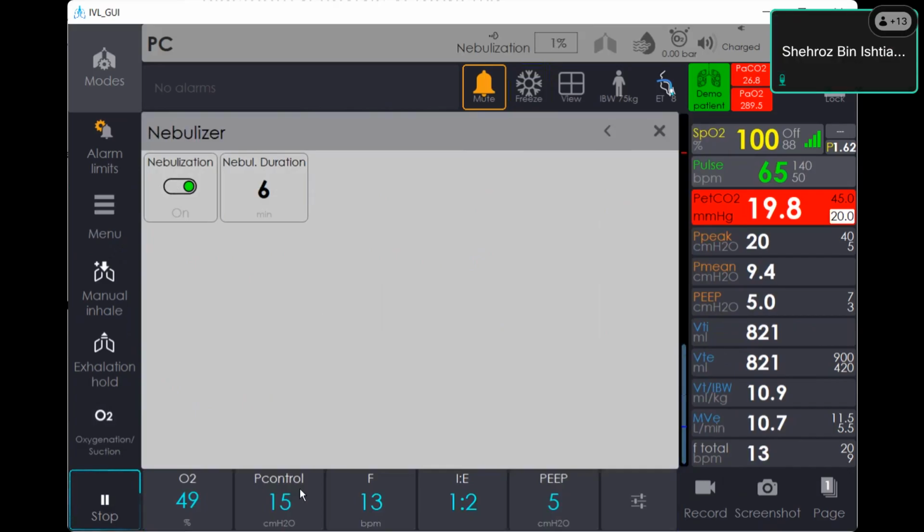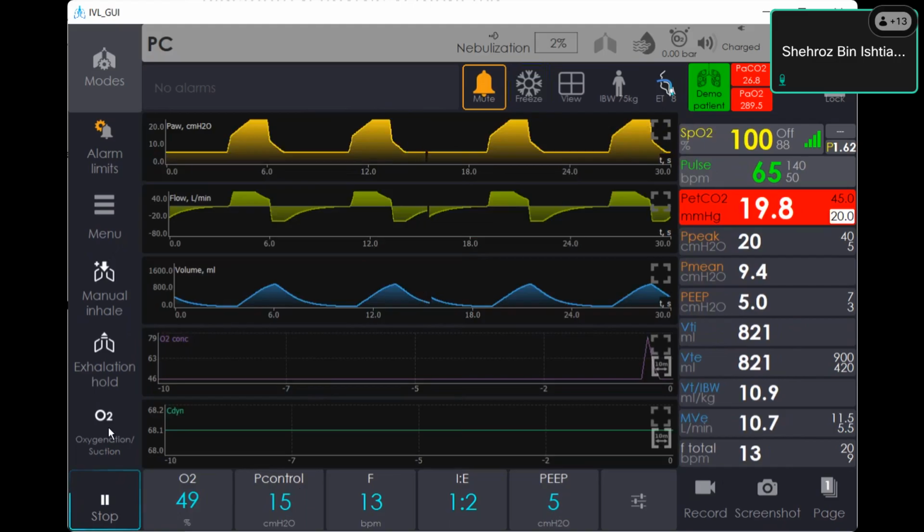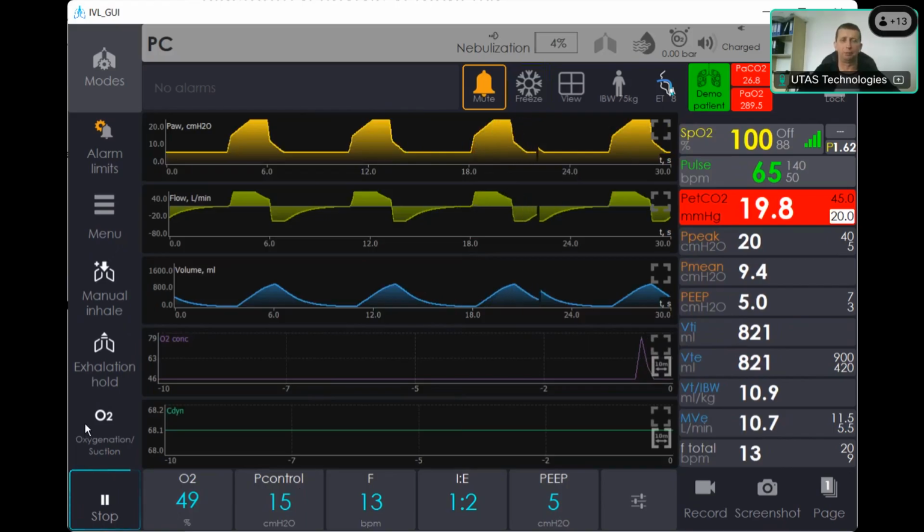Oxygen enrichment and suction are two different things. With enrichment, we provide a high amount of oxygen, but suction is just like a vacuum system. Before each and every suction, you need to prepare the patient for this stressful procedure. Suctioning or disconnection of the patient will always be linked with desaturation, with a drop in the SpO2 level,